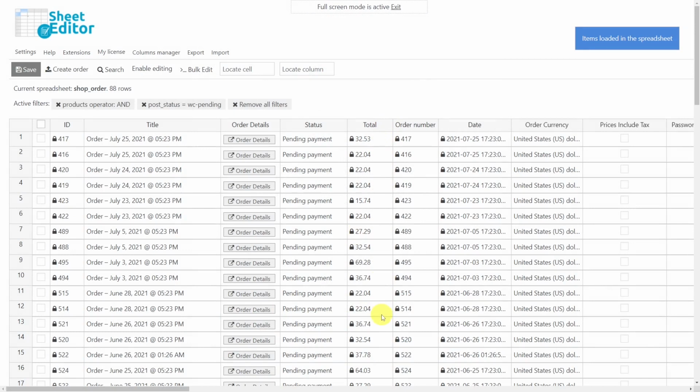As you can see, bulk increasing prices on all pending orders using the WP Sheet Editor WooCommerce Orders plugin was